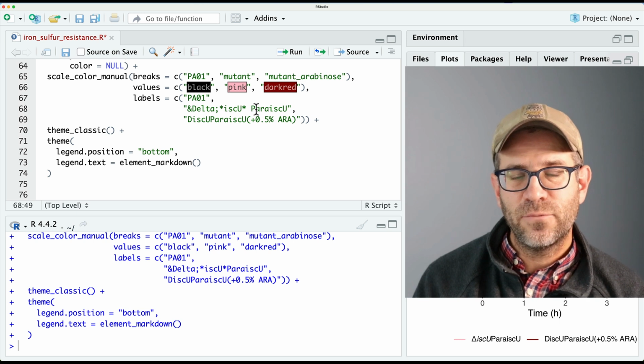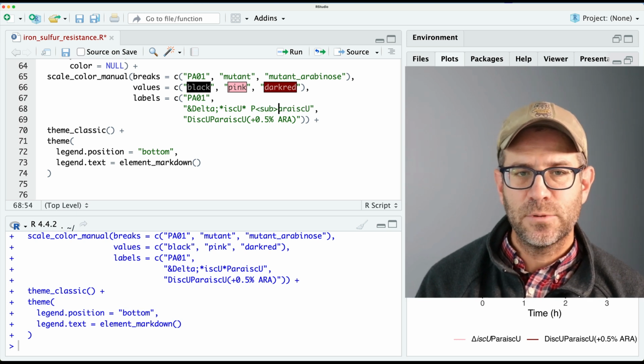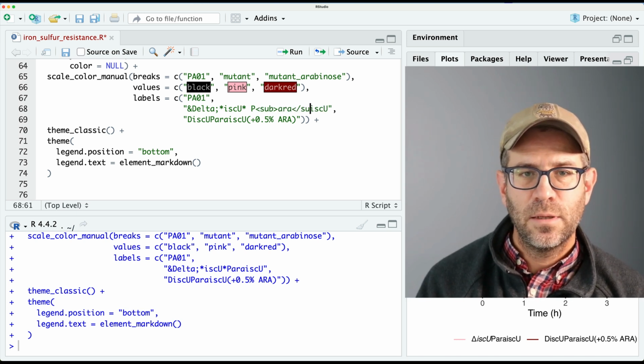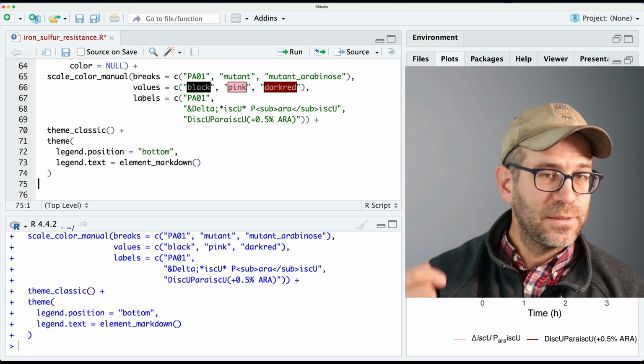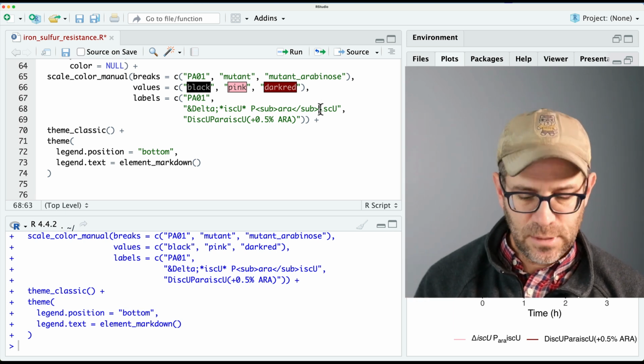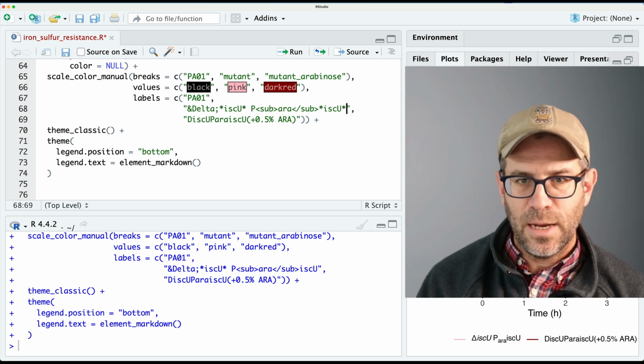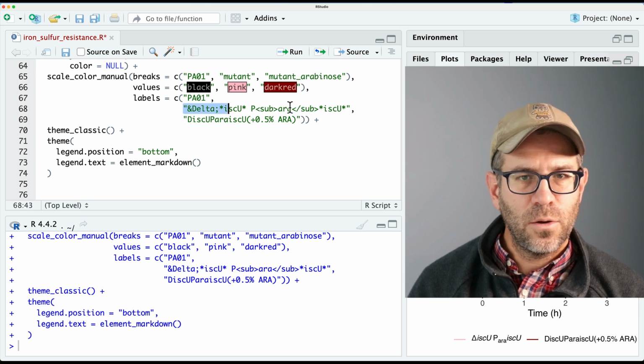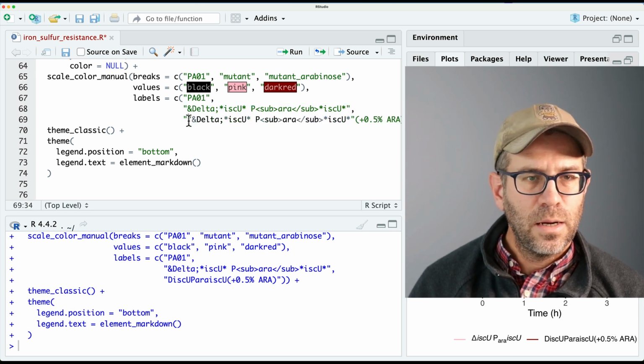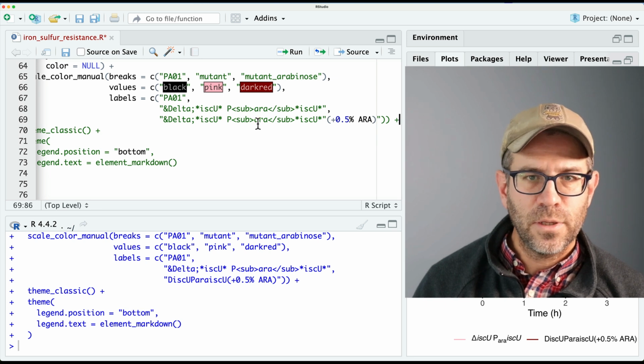And then the era for Rabinos is going to be subscript. So we'll use HTML for that. And so now our era is subscripted. And then our ISCU, again, needs to be italicized. And we're going to go ahead and I'm going to copy this down below here for our third condition, the